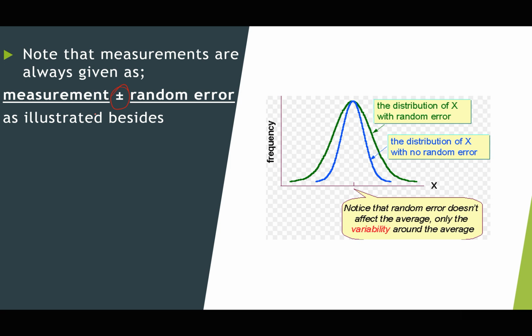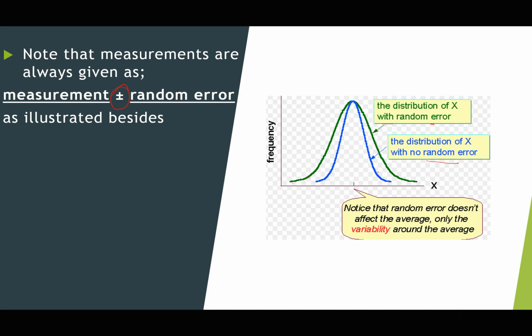So they are normally given as plus or minus. The measurement for a random error is given as plus or minus. And therefore, because it is plus or minus, if in blue we have a distribution of x when there is no random error, and in green we have a distribution of x with a random error. The distribution of x with the random error is just